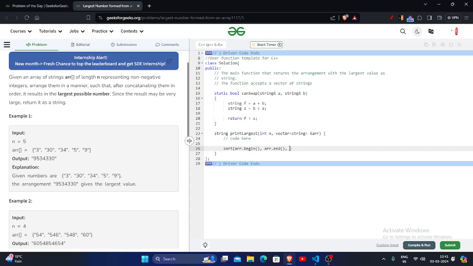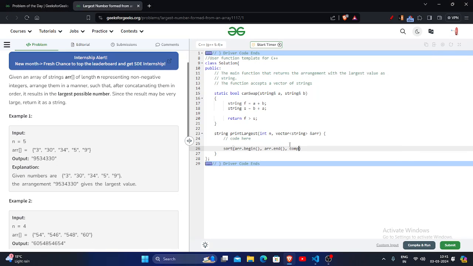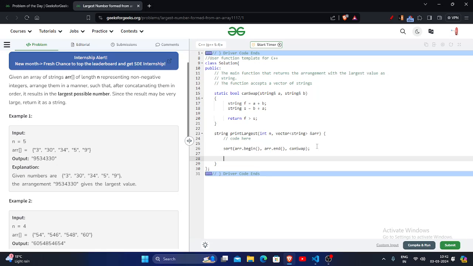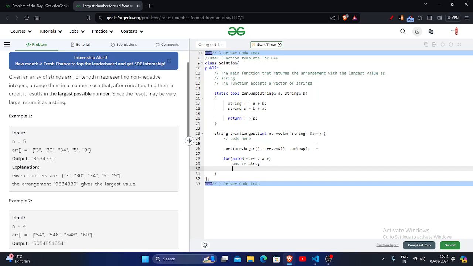Simple sort method, but we sort in this way because we have changed the logic of this condition. This is the actual logic, and this is nothing but our comparator, which decides when to swap. You can also name it any name. And again, we just do auto strs in my arr, answer plus equals strs,